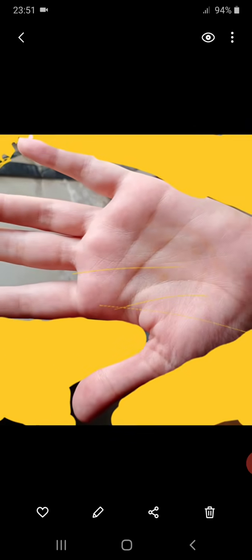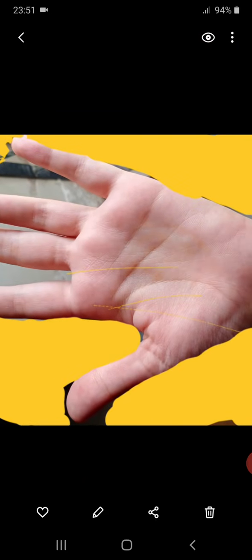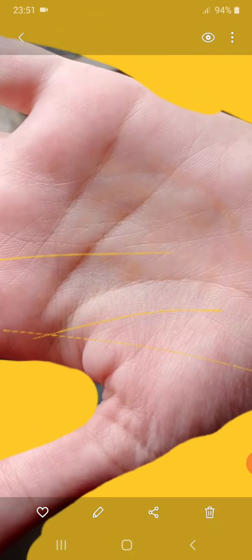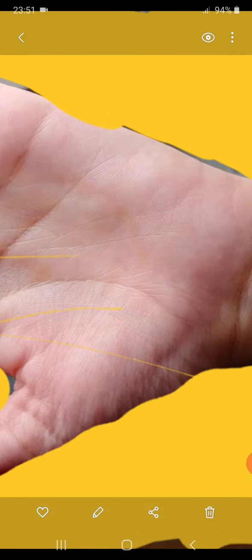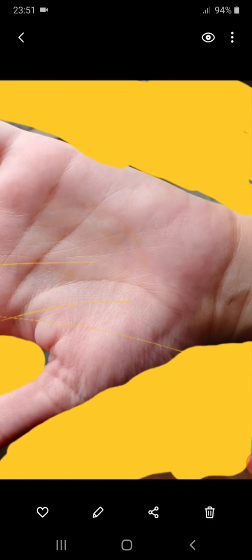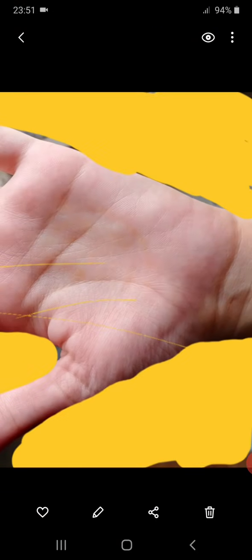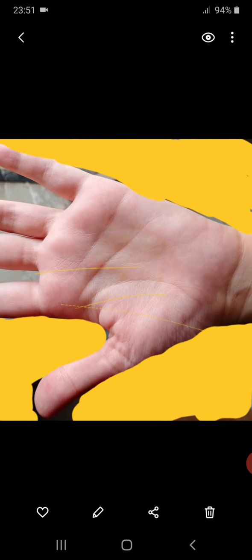Let's go back to the palm now. I don't have much more because I've already told you a lot of things. I won't give you the predictions here. I just want to quickly tell you a few more things. You have a bright future. You do have a bright future. You may have to travel a lot in the later part. Even though you may or may not like it, you will have to travel. You basically don't want to work really hard. You want to get things very quickly.